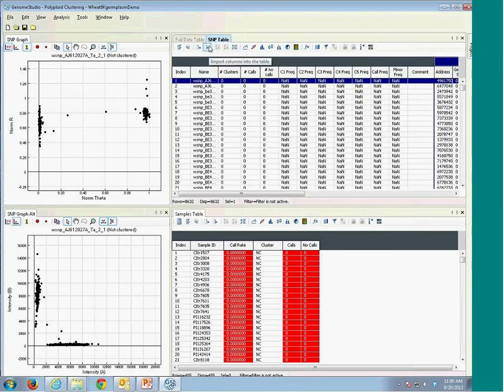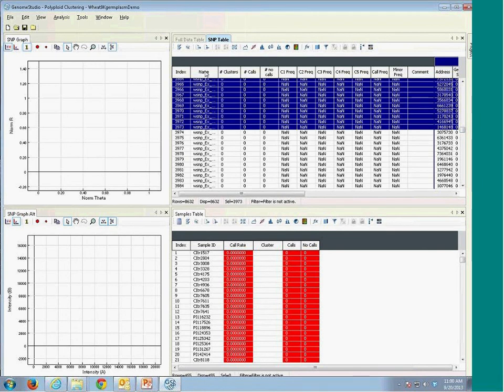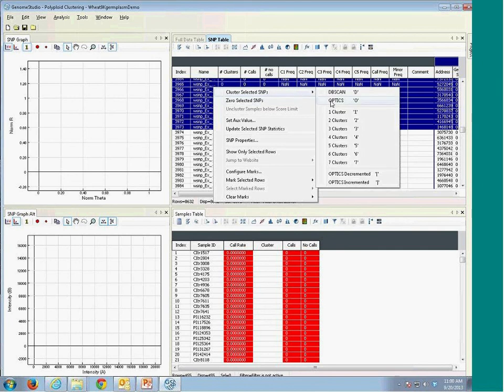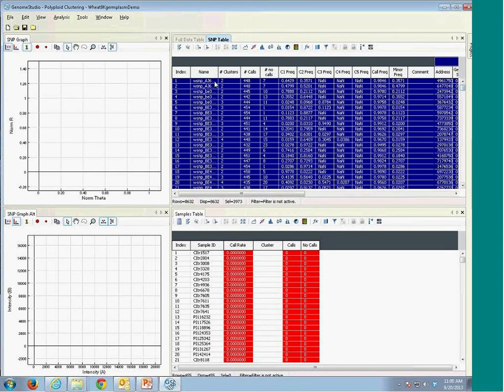So I'm going to move to the SNP table, and I'm going to just pick the first, let's say, a few thousand, and do the OPTICS clustering. All right, because wheat is an allohexaploid polyploid, with 3 genomes that are very similar to each other,